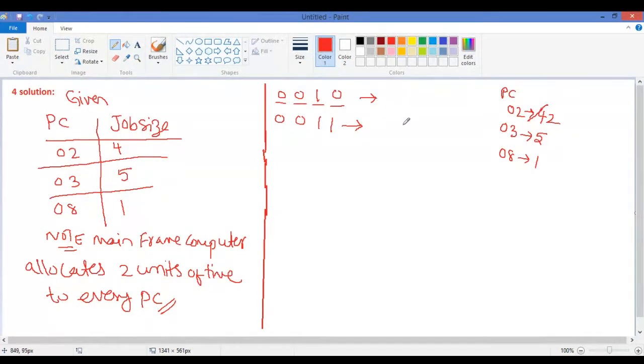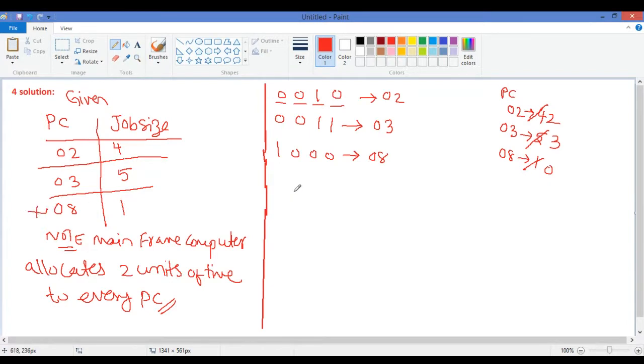So when the next number is 3, this is PC number 2 executing, then PC03 is executing. Now it will also execute for 2 units of time. So from 5 units, 2 units are subtracted, remaining units are 3. Then afterwards it will go to 4. 4 is not there, 5, 6, 7 are not there, 8 is there, correct? So 8 means 1, 0, 0, 0. But 8 has only one unit, so it has finished. So this job is completed first.